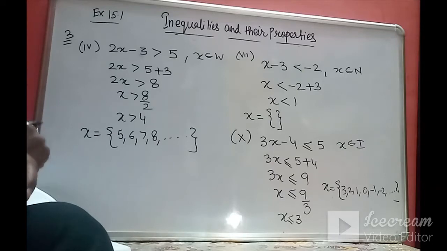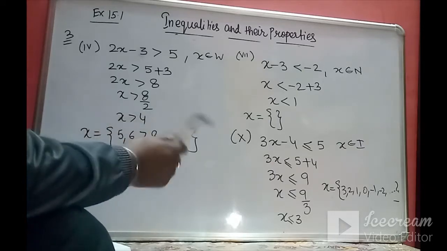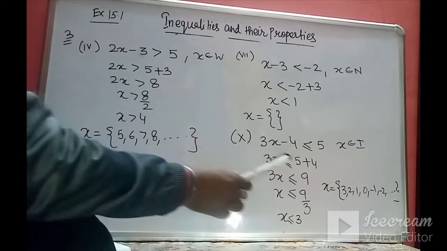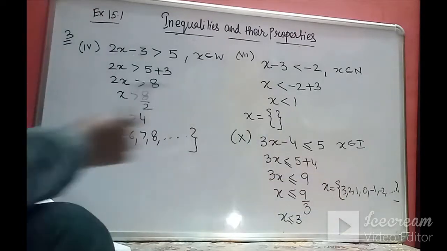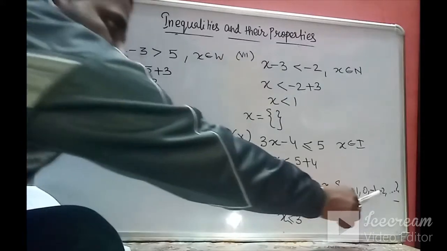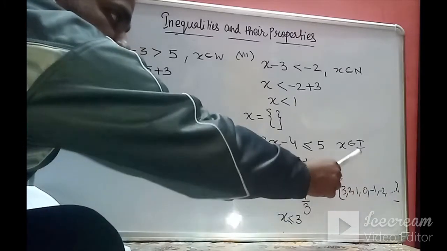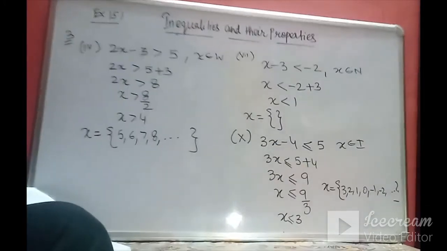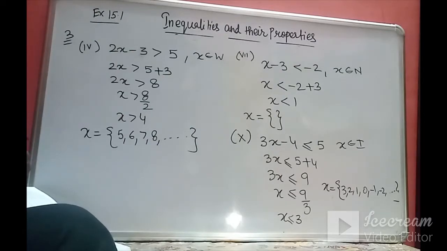This is because it is given as integers. So whenever we write the solution set, we have to mention the negative integers also, because integers means all the integers, whether positive or negative. So whenever you write the solution set, you have to write at least one or two negative integers when you are getting the solution x less than or equal to some positive integer.